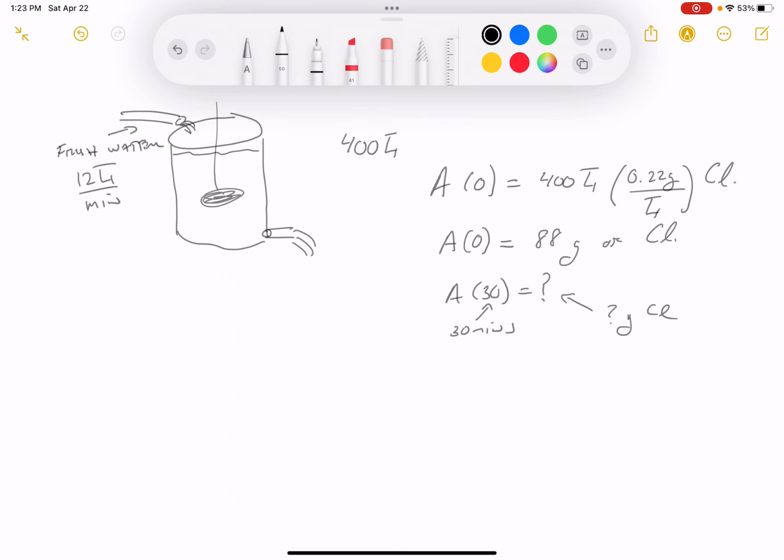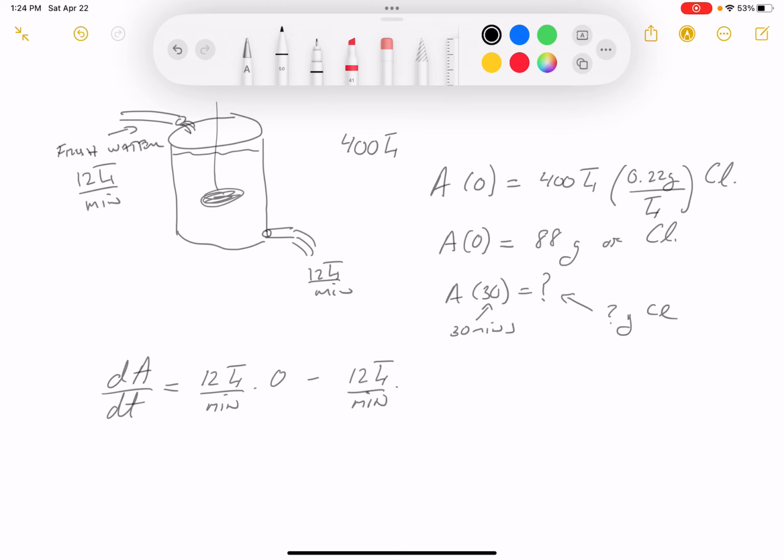They're also pumping out at a rate of 12 liters a minute, to keep a constant volume. So what do I know? I know the amount of chlorine in the tank at time t is related to what's being pumped in. So it's 12 liters a minute, and what they're pumping in is 0 grams. What's being pumped out? 12 liters per minute. And then it's